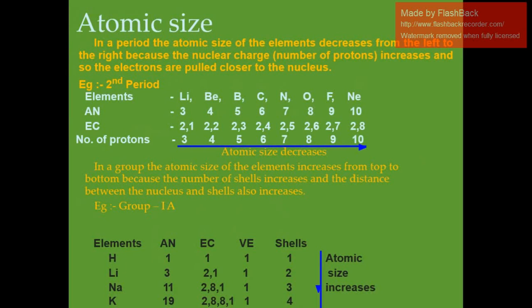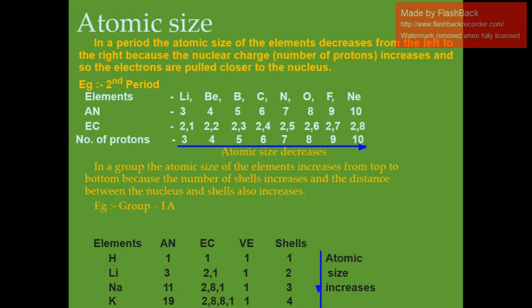Van der Waals radius is between two atoms which are unreactive like noble gases, or it is between two molecules. It is a weak force of attraction, and therefore the distance is more, and therefore the radius is large. Okay, you will learn more about these two types of forces, that is covalent radius because of the covalent force of attraction between the atoms, and the van der Waals force of attraction in your higher classes. Clear?